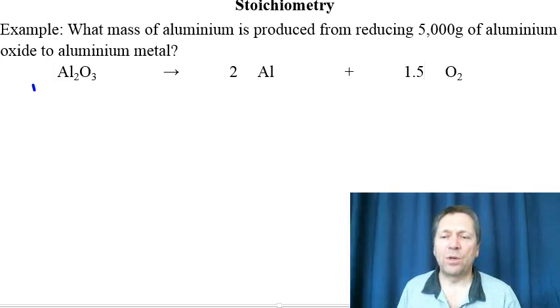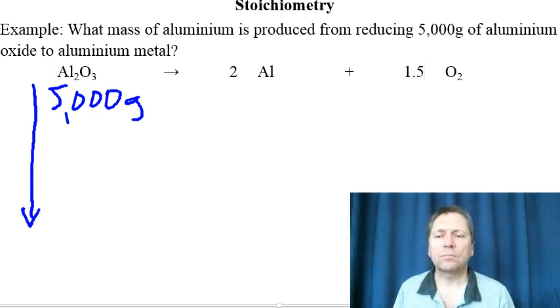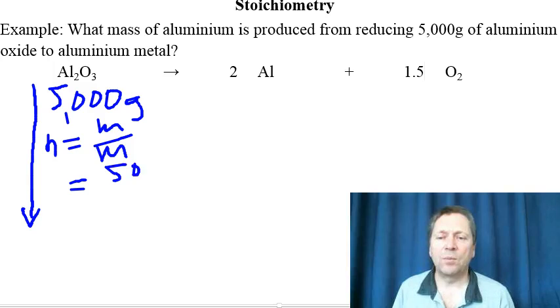Now, the next stage is to work out the number of moles of aluminium oxide, because we know we've got 5,000 grams, okay? They told us that at the beginning. There's 5,000 grams of aluminium oxide, so we know that one. Let's work out the number of moles. The number of moles is equal to the mass divided by the molar mass. And the mass is 5,000, so we put that number in, and we're going to divide it by the molar